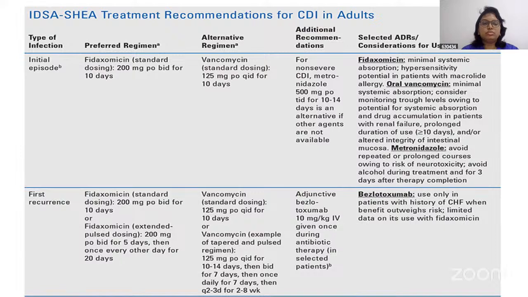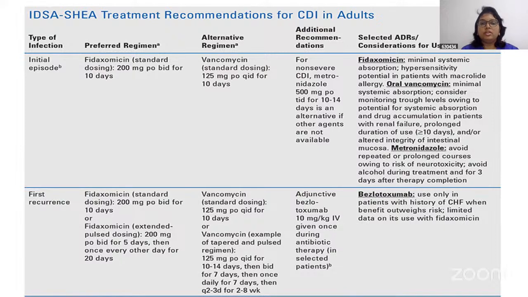That is, use 200 mg twice daily for 5 days, then once every other day for 20 days. This is an extended pulse dosing of fidaxomicin. In the same way, with vancomycin, we can use a tapered and pulsed regimen if there is a recurrence. And there are adjuncts like